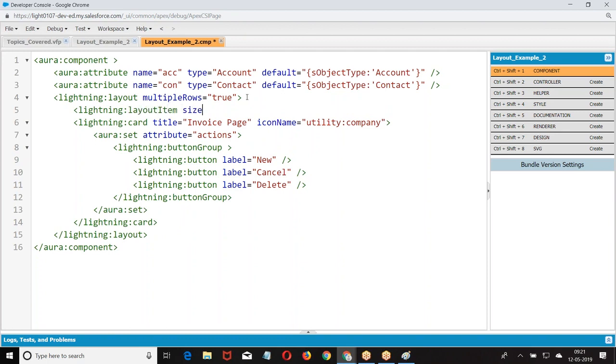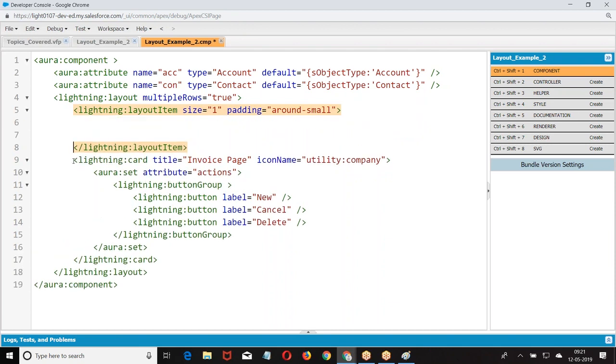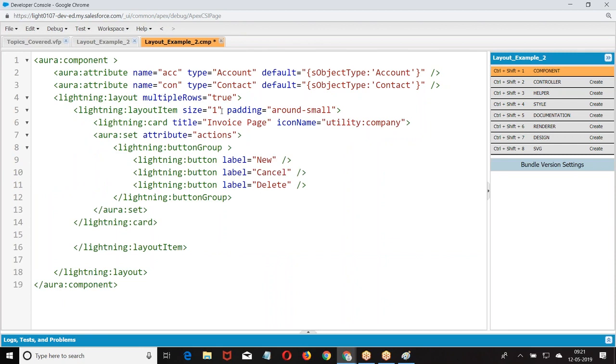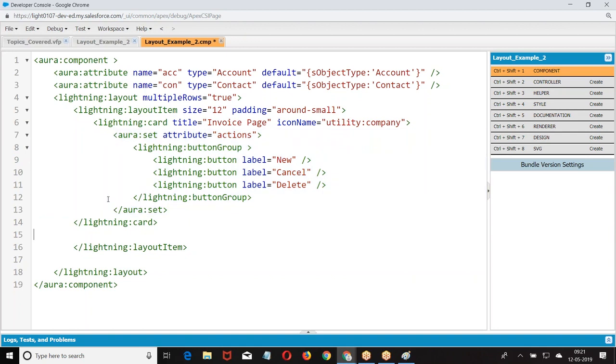item size equal to 1. So how many items per row?